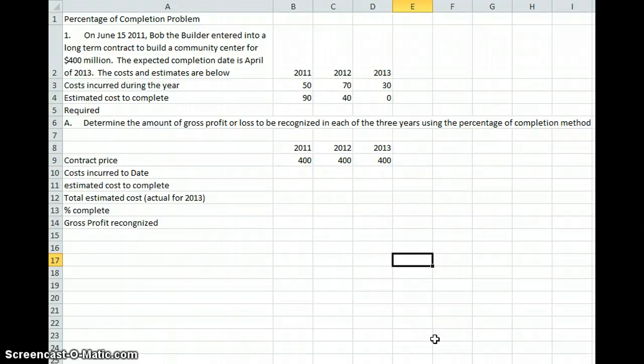Hi and welcome. Today I'm going to do a percentage of completion problem. This percentage of completion problem will be based on costs, not milestone completion dates, but cost estimated to be completed